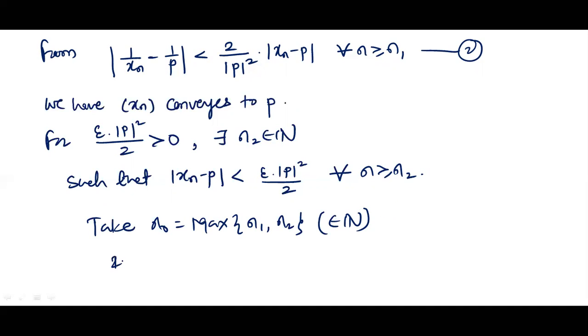Therefore, if n greater equal n naught, then n is greater equal n1, as well as n greater equal n2. It implies